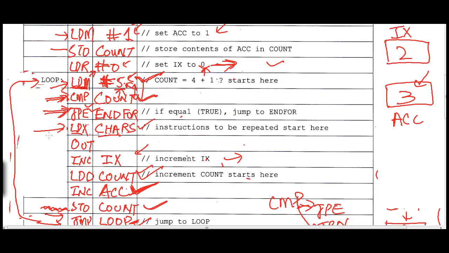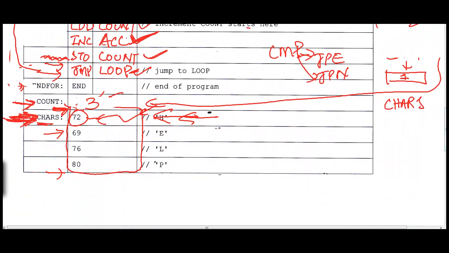We are going to load the value from the array using index addressing. The index value right now is 2. So chars plus 2 is going to be the new address, which is what? Chars is here right now. Let me just clean this up, it's too messy. So this is where chars is right now. And when we add 2 to it, chars plus 2 gives us this location. So this value is going to be loaded into the accumulator,